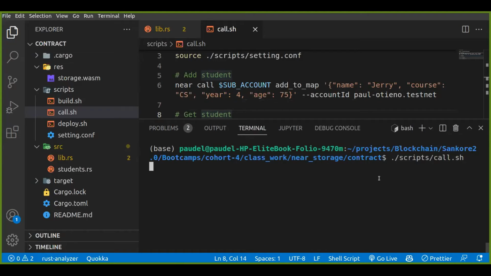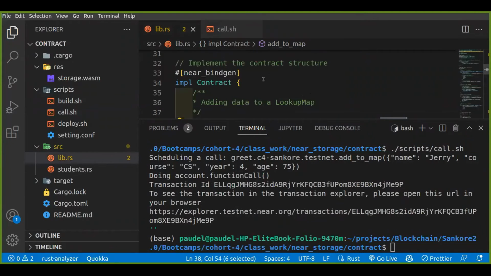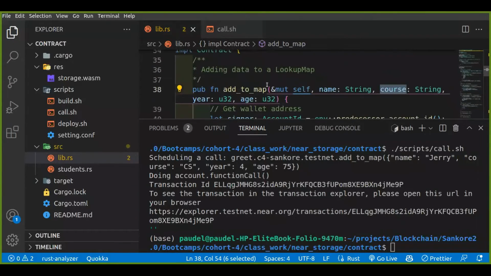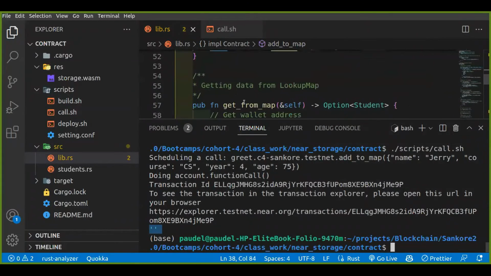Let's see what this is going to give us. It should return an empty string, because that function actually doesn't return a value. If you're keen, yes, it doesn't return a value. So that's why we have the empty string. The empty string basically means that, hey, our transaction was successful. Okay. So now that our transaction is successful, let's go ahead and get